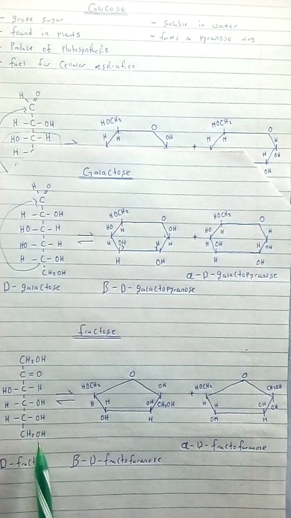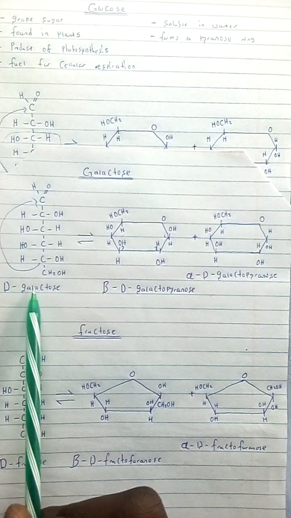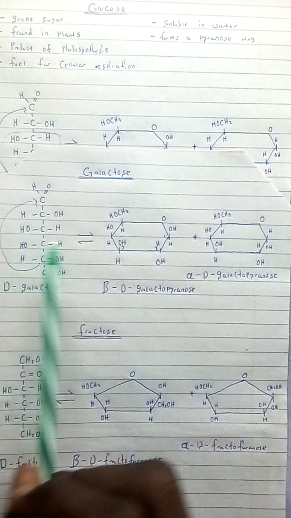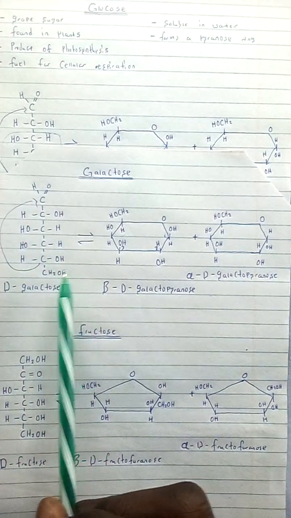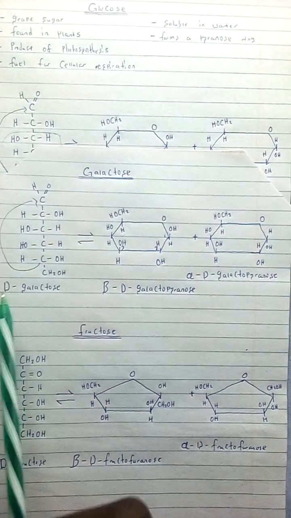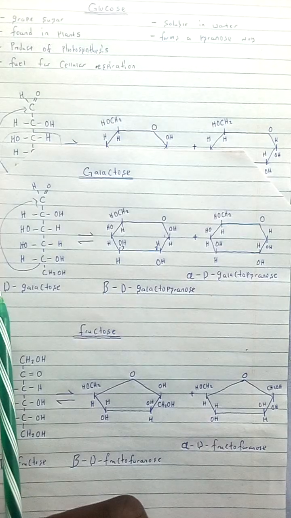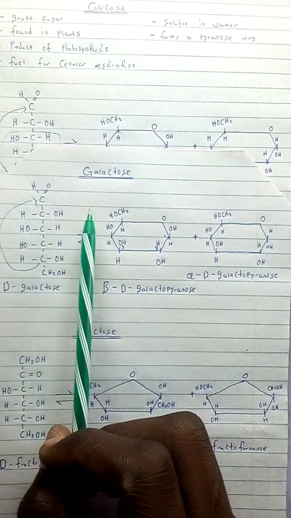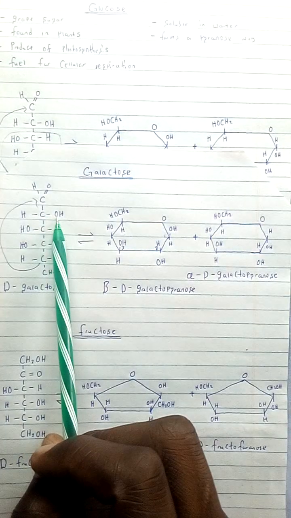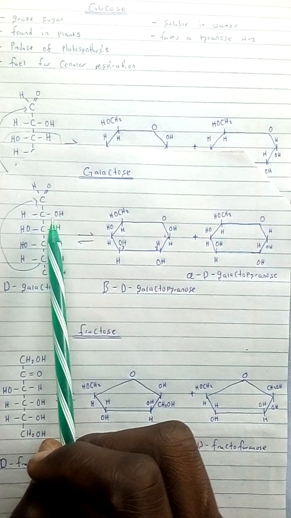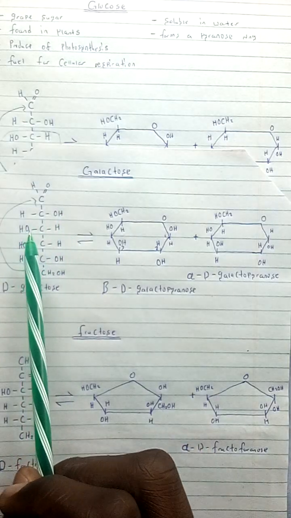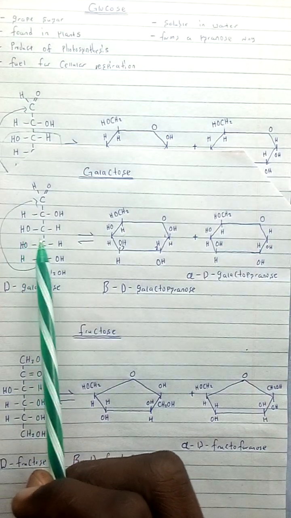What about the D and L forms? When we come here, this is the D form, right? But when everything which is here, we put on the other side, it becomes the L form. So between the D form and the L form, these are called optical isomers. When polarized light is rotated to the right, it forms the D form. When polarized light is rotated to the left, it forms the L form. What I simply mean by that is